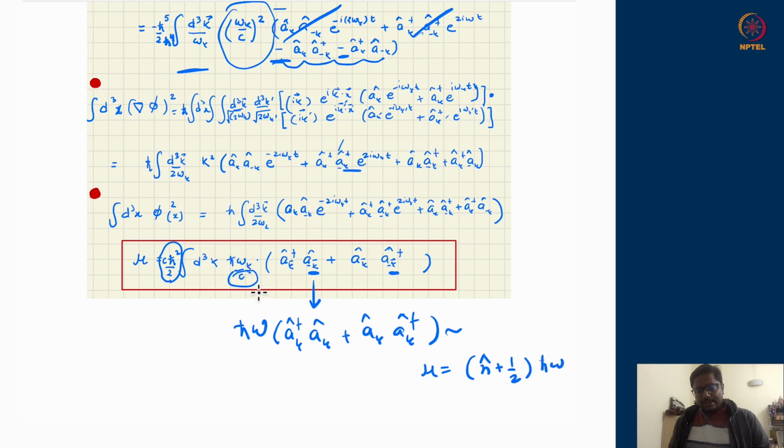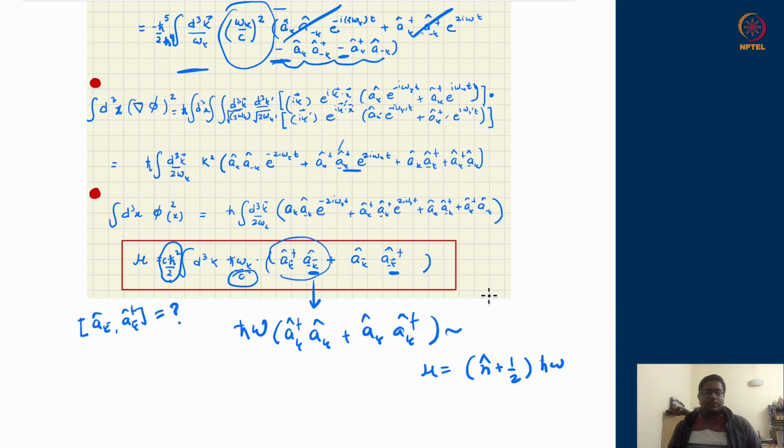We are almost there. So we are two steps away. One is proving that these things are number operators, and second thing, absorbing these extra constants which are appearing. So let us go in stepwise. First, I would want to prove that this has a number operator structure. In order to have this number operator structure, we need to know what is the commutator between AK and AK dagger. We have never specified, we just wrote down AK and AK dagger, converted them into operators, but we do not know what their commutator is.